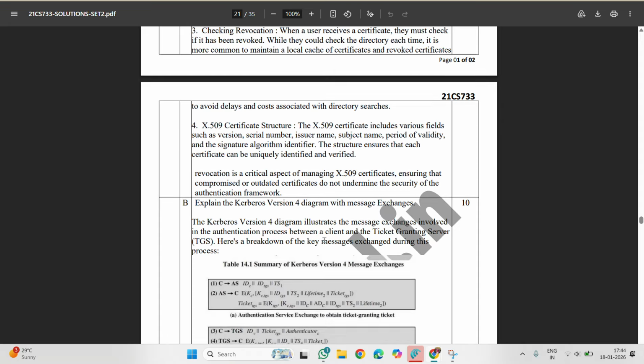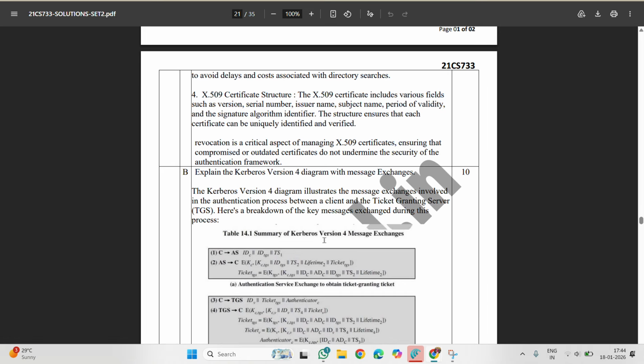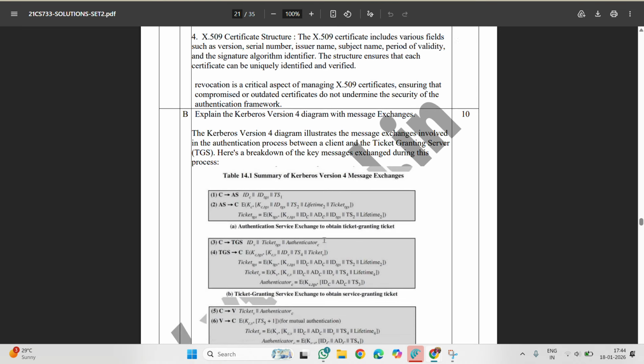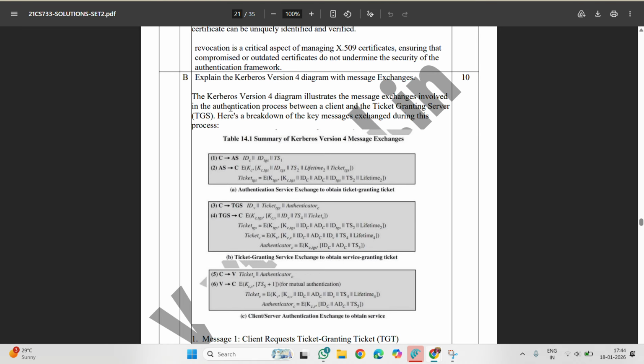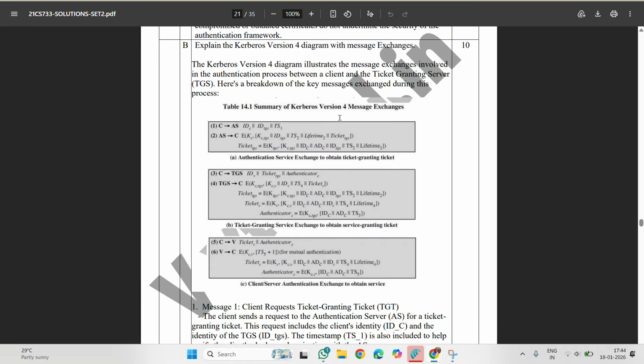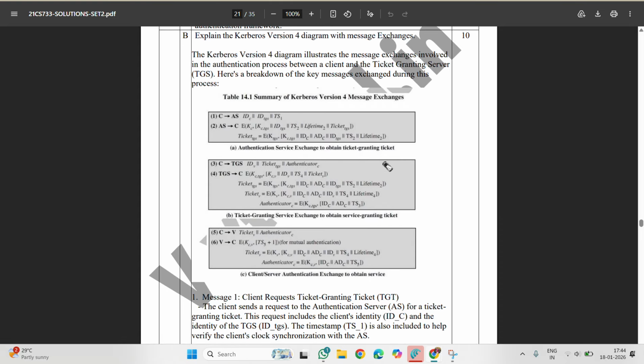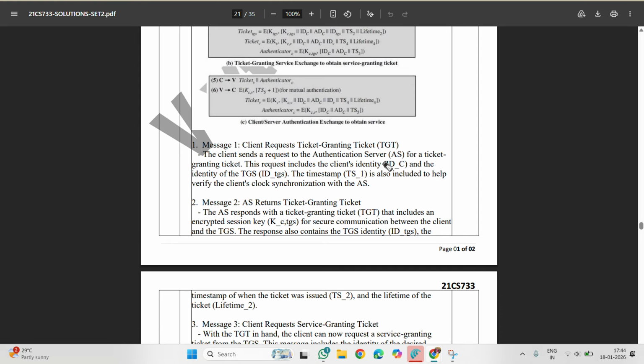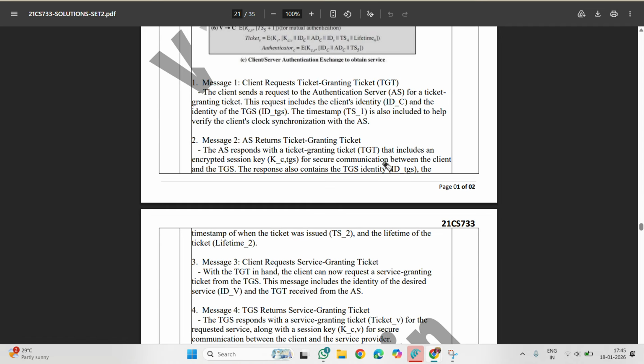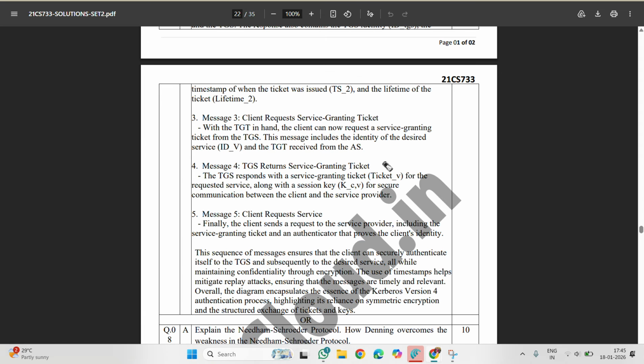Coming to the question number B, explain Kerberos version 4 diagram with message exchanges. Firstly, explain what is Kerberos version 4 and why it is different from previous versions, and draw the diagram for the client server authentication exchange to obtain service, to obtain service granting ticket, and to obtain ticket granting ticket, and explain the terms like message 1, message 2, message 3, message 4, message 5 for all the techniques used